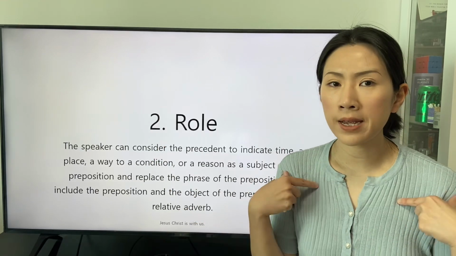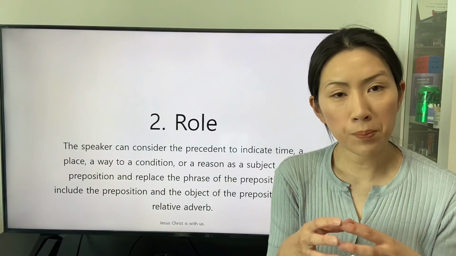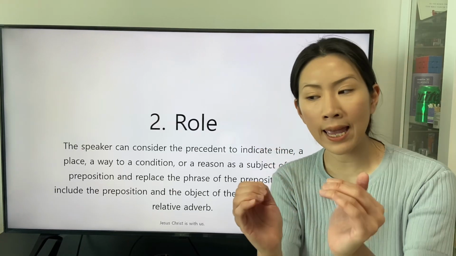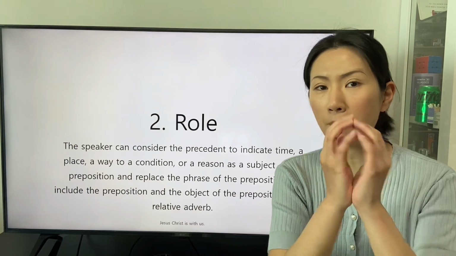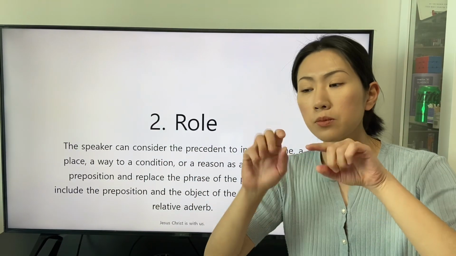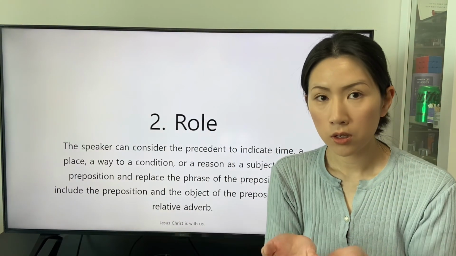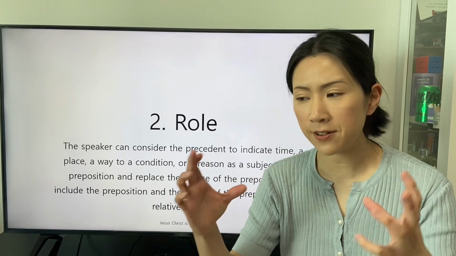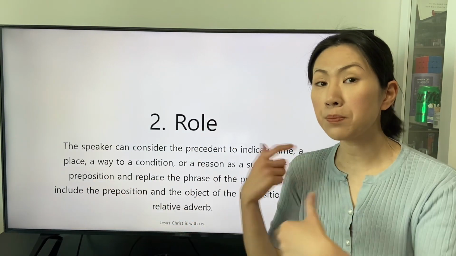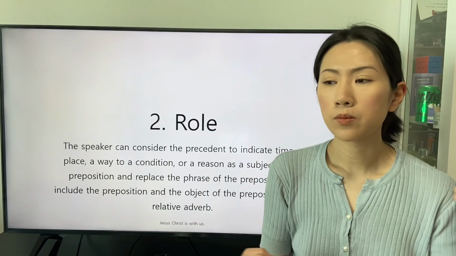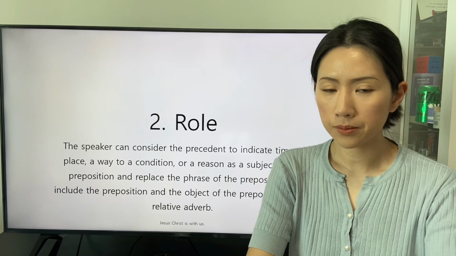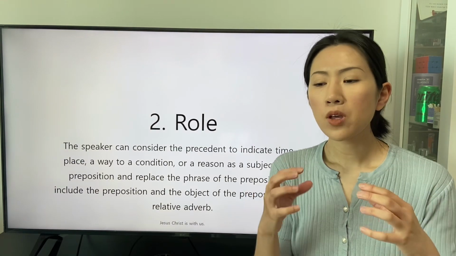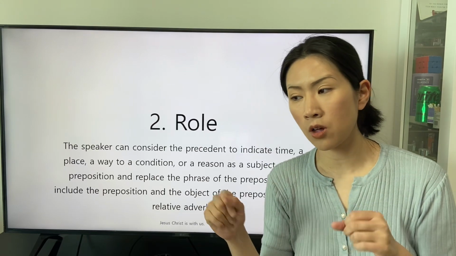From this description, we can understand that the preposition in the subordinate clause to specify the existence of the subject of the preposition and the object of the preposition to receive the definition of the preposition from the subject of the preposition form a phrase of a preposition, and this phrase of the preposition in the subordinate clause can be replaced into a relative adverb when we consider the linkage between the main clause and the subordinate clause